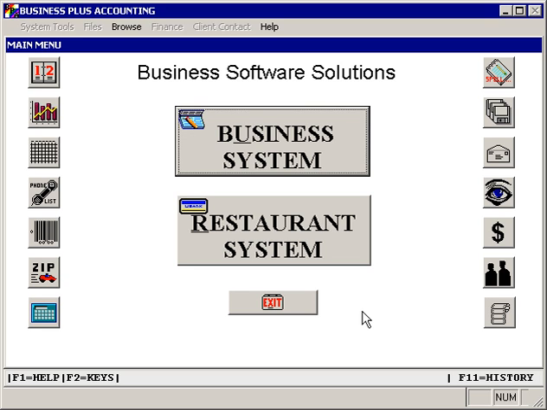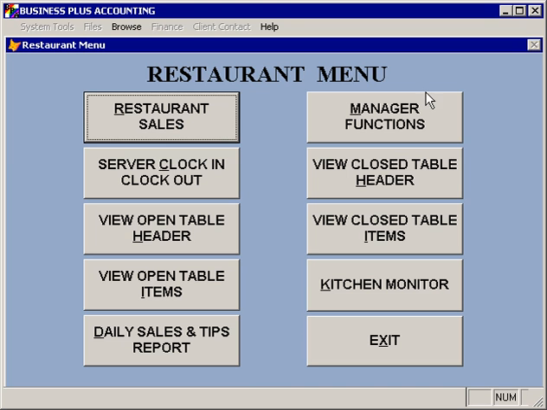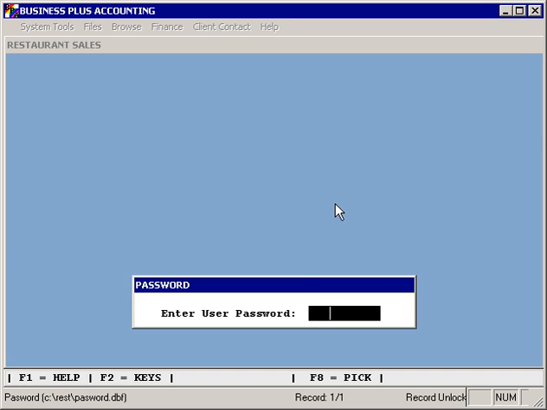In this episode, we'll be looking at some of the shift functions supported in the software, as well as some of the management functions, including employee scheduling and end-of-day functions. We'll also be looking at maintaining and tracking your inventory and some of the reporting options that are available in the software. From the Manager function menu,